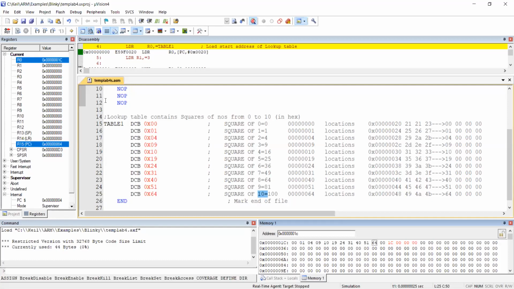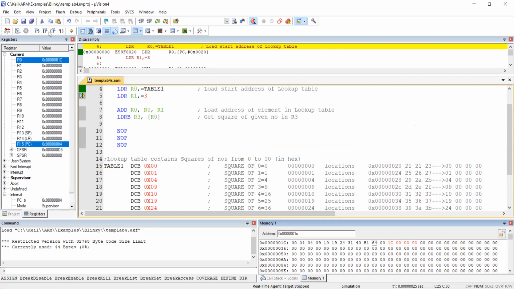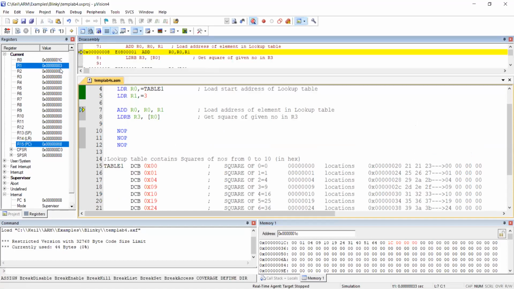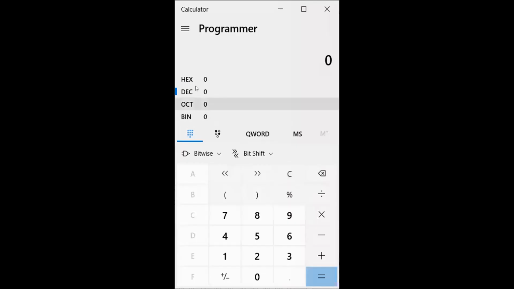Okay, now you see how much you are going to give in R1. You are going to give 3. Okay, see, it's a 3, right? So then what happens here? R0 plus, what is the R0? Once I place a pointer, you can see 1C. What is the R1? 3. 1C plus 3. Again, we'll go back to the calculator. I will share this. So here, original address in hexadecimal mode. So 1C plus 3 equal to what? We have got a 1F. Okay, so what is there in the 1F?